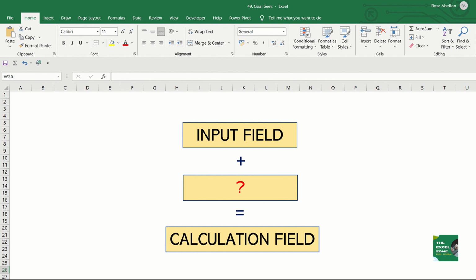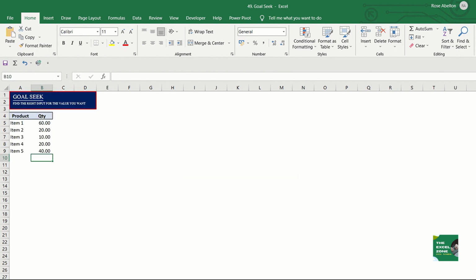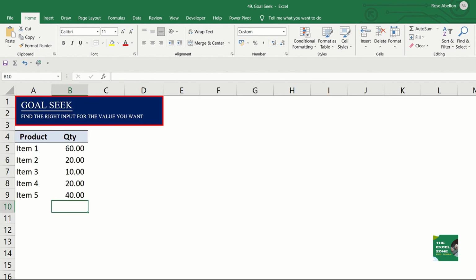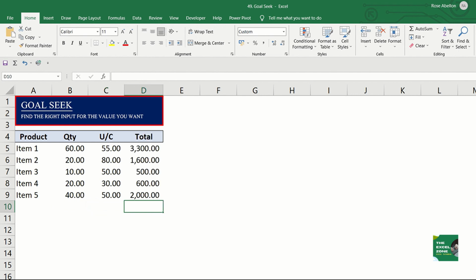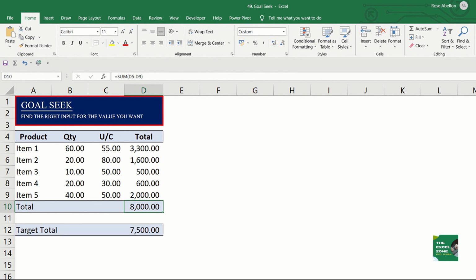For example, you are asked to buy certain items for your office and given a budget of 7,500. You have the list of items to buy. After checking, you have the corresponding prices. If you multiply the quantities by their respective prices, you'll get these numbers, and the total is 8,000, which is higher than the budget.